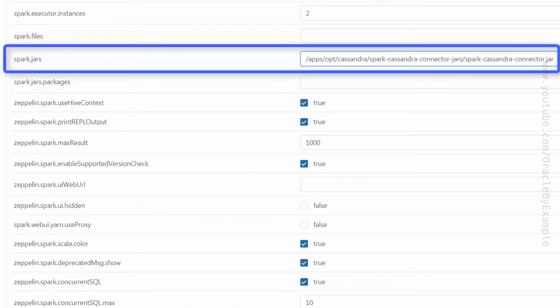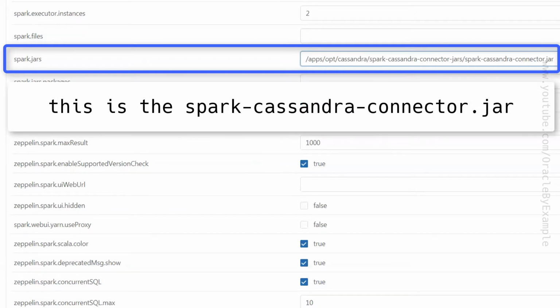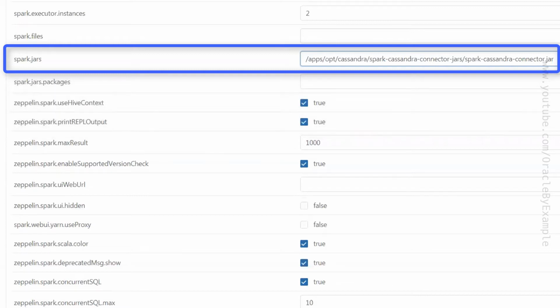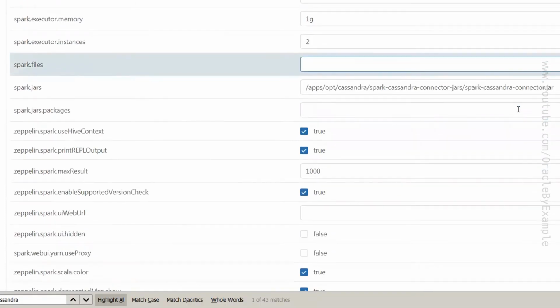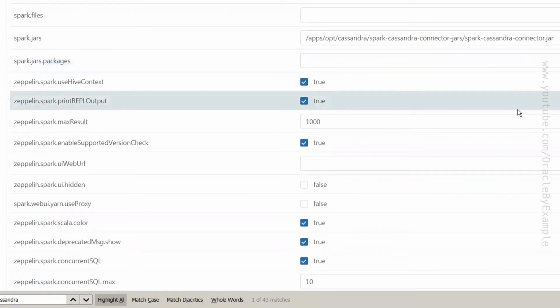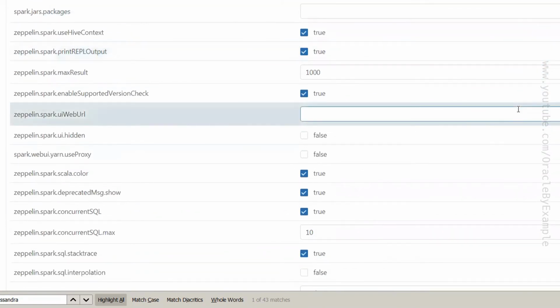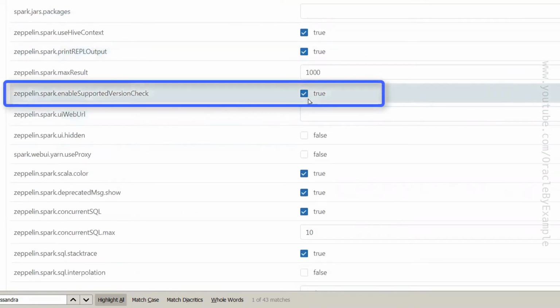I will include one jar file for Spark. I will uncheck this enable supported Spark version check.